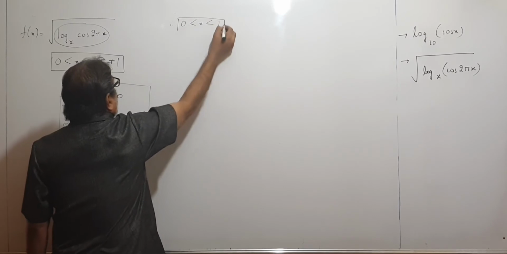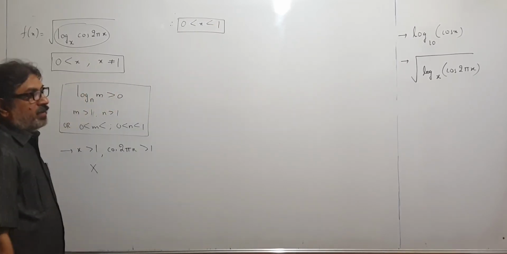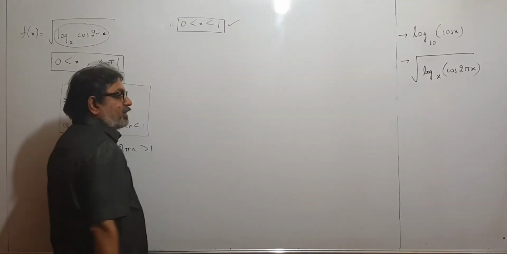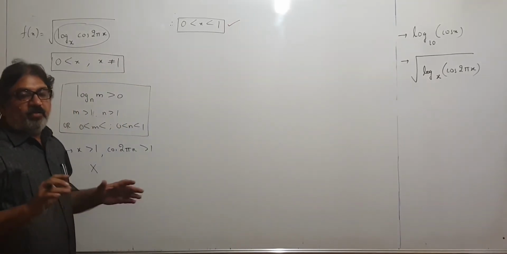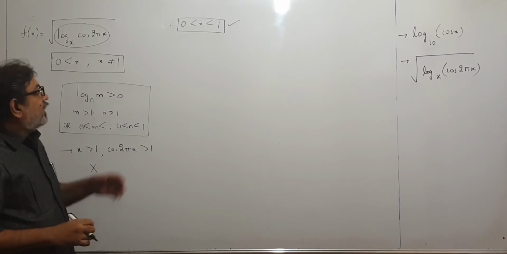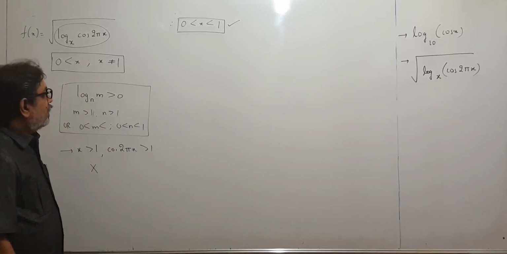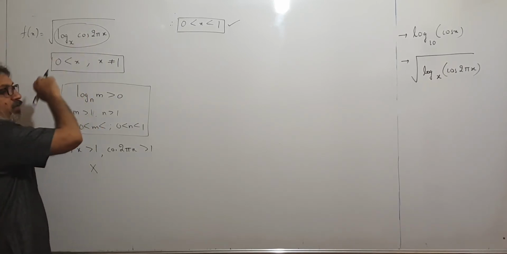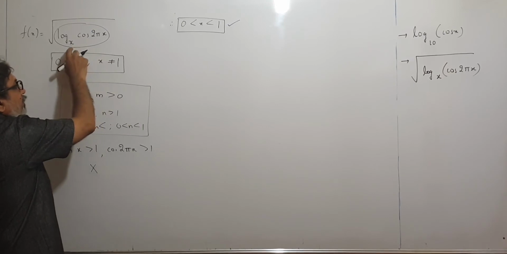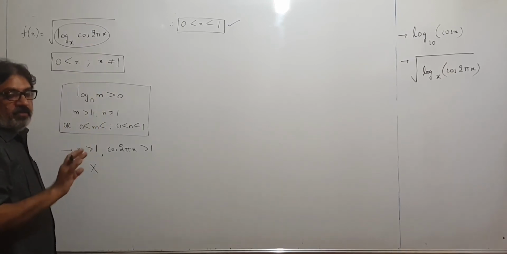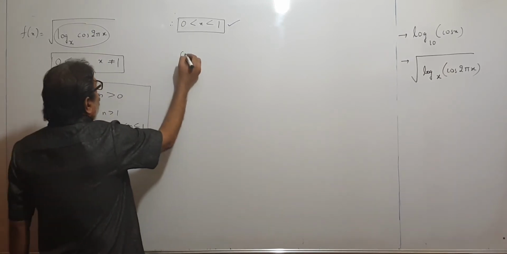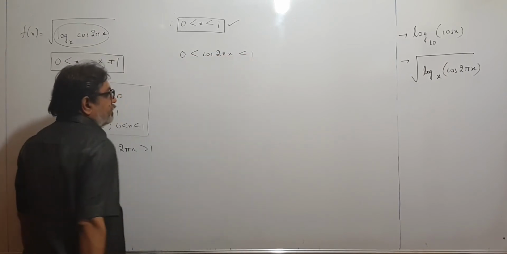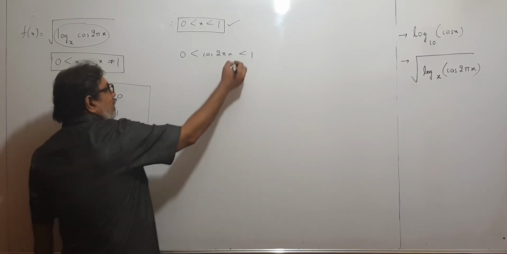That is the condition now for all the domain that will come. The x cannot be more than 1. So this is now a critical condition for x. X has to be between 0 and 1, whatever values we get, with the help of other restrictions. Now, because x is between 0 and 1, the base-side quantity should also be between 0 and 1. Because I told you that when both are between 0 and 1, then it is a positive case. So cos 2 pi x is between 0 and 1. And it can be 1 also, children.